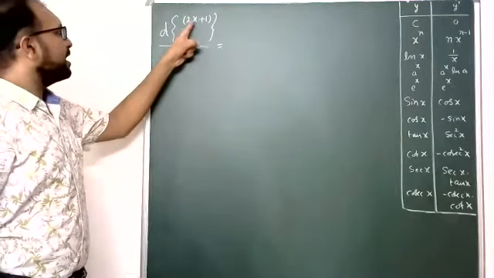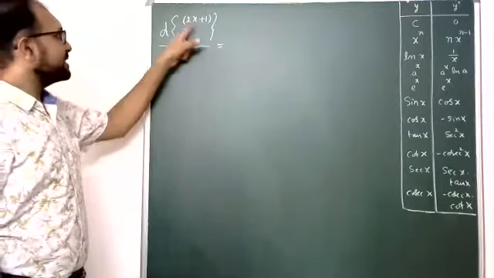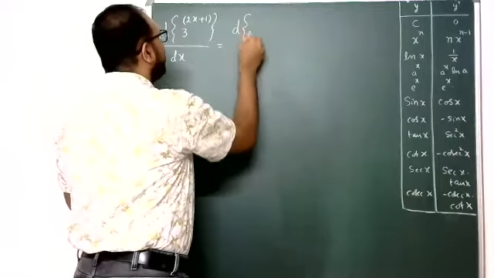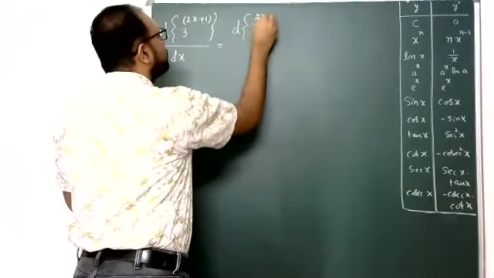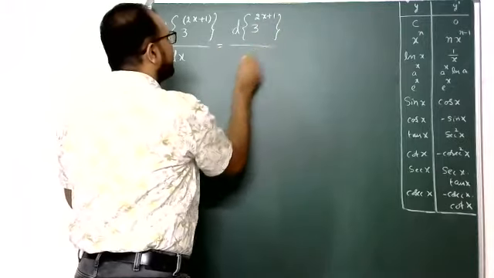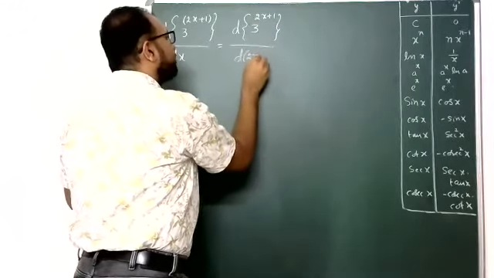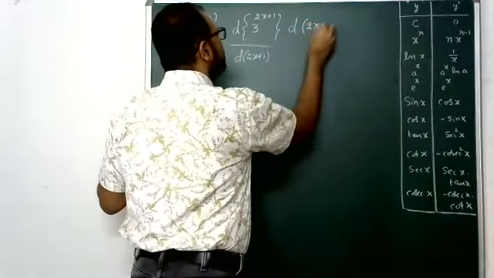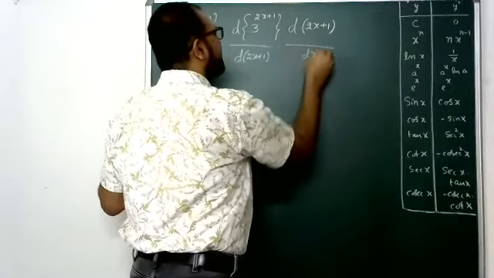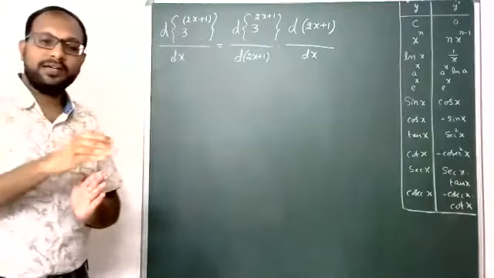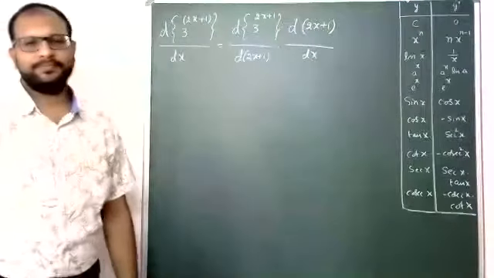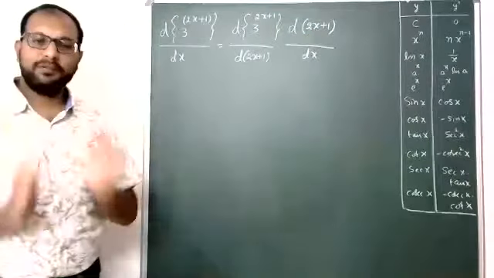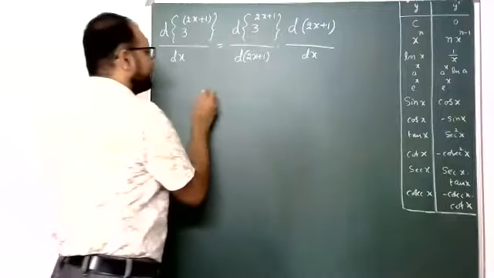But here 3 to the power of 2x plus 1 means it is again one function. So this I am writing by using the chain rule. Derivative of 3 to the power of 2x plus 1 with respect to 2x plus 1 into derivative of 2x plus 1 with respect to x. Last one easy, so that's why stopped. Suppose still not easy, then go to one more link. Yes, derivative of 2x plus 1 with respect to x, all know that is the 2.